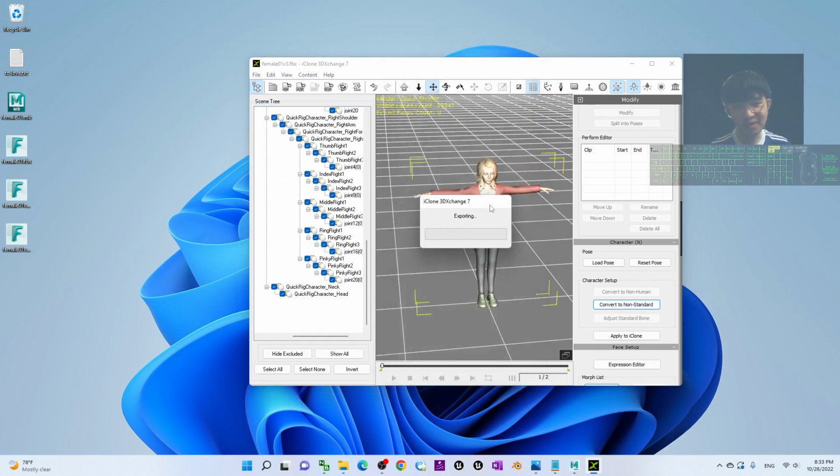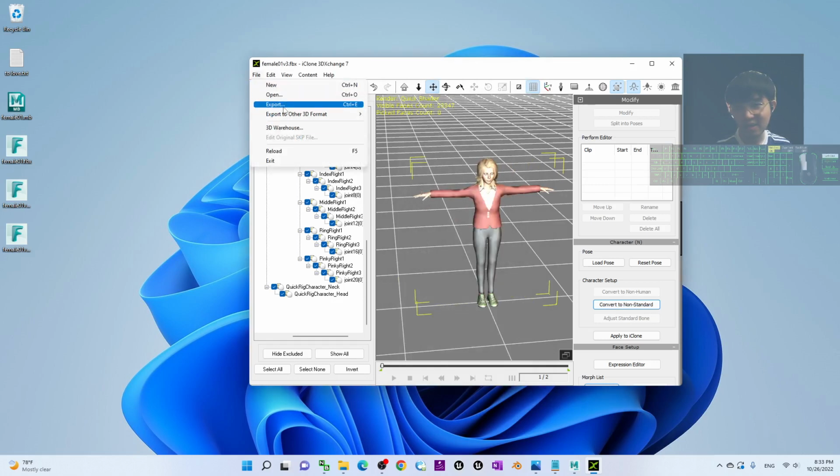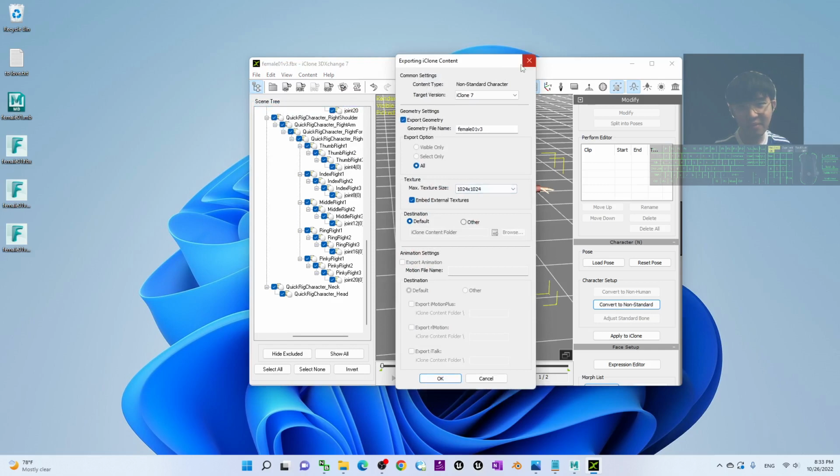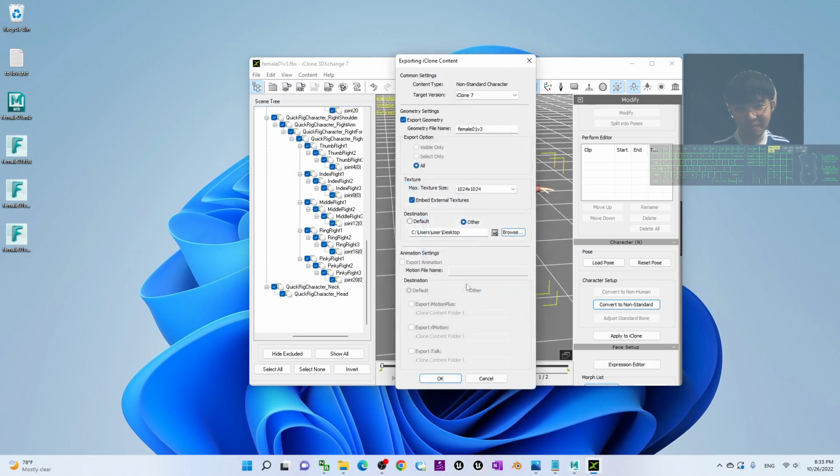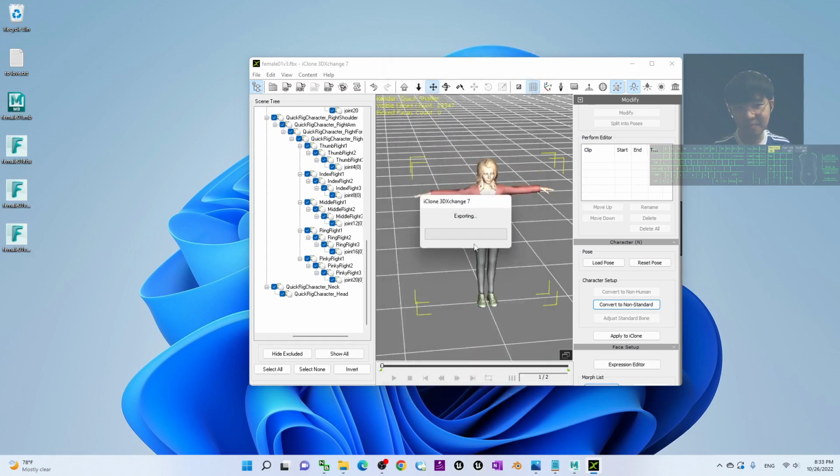And this time it is iAvatar. Where are the destinations? Export on my desktop. Now it has already become an iClone avatar.